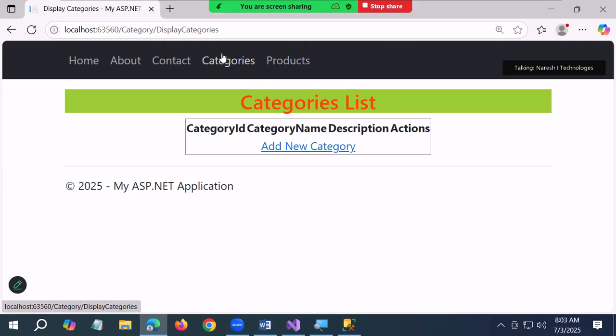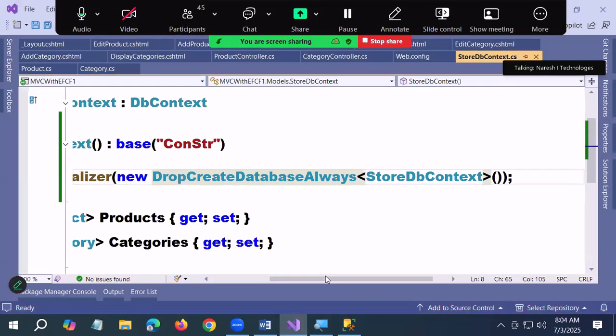Everything is streamlined here. When you're in the middle of application development, then change the strategy to model changes. Whenever model changes are there, only then do it. When the application is ready and you're in the final stage, at that time change it to create database if not exists. Now I'm moving the application to production. When you are moving your application to production,